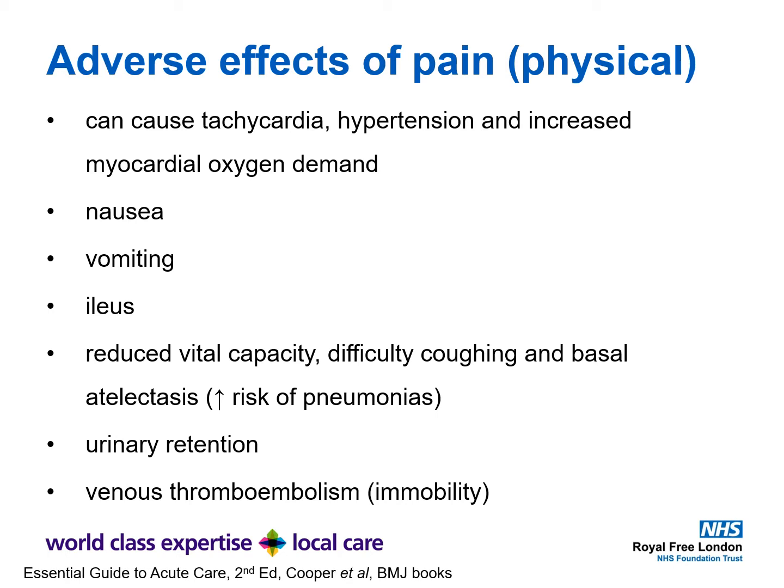It might be that they don't want to defecate, they don't want to pass gas, and so they will hold on to their bowel movements and therefore develop ileus on top of their opioid medication. As another example, if they had thoracic or abdominal surgery, then they may have a reduced vital capacity. They're going to have difficulty coughing if they're in pain. And again, they're going to hold on to their secretions, causing basal atelectasis and an increased risk of community or